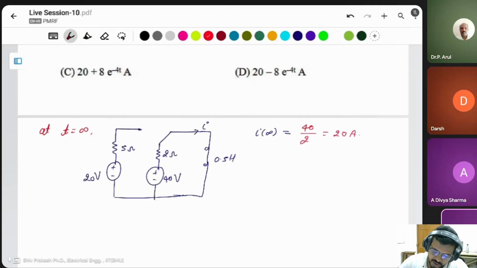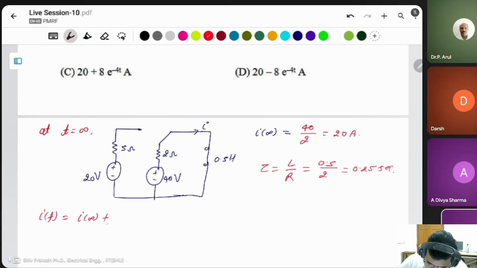And at t greater than 0, what is the tau? L by R. L is 0.5 Henry. R in this case is only 2. This will be 0.25 second. Okay. What is the I(t)? I(t) is